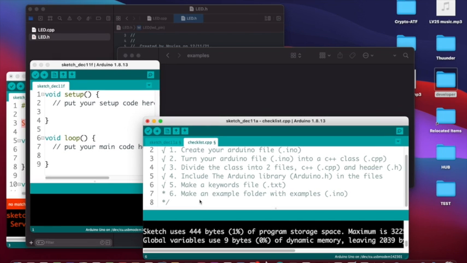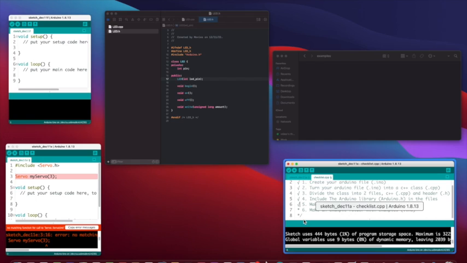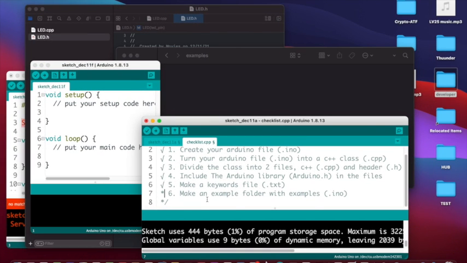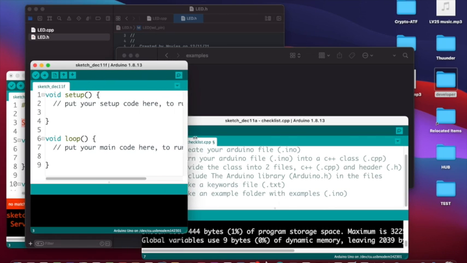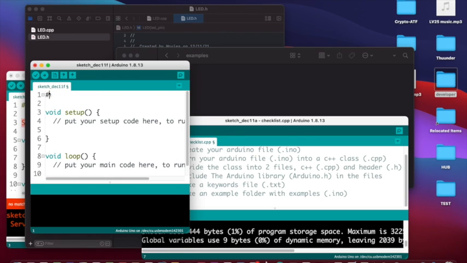Now make an example folder with examples, which we are working on now. So let's get into it. First of all, we need to add the code. So let's begin by going hashtag include. On the very top, we have hashtag include